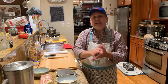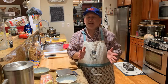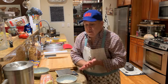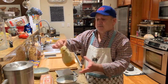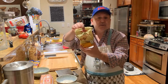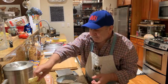So what do we need if we're going to make pasta from scratch? It's really, really simple, right? All you have to remember: 3 ingredients, 100 grams of each. So we start with our semolina. It comes in a little bag like this, easy to find in your local store,